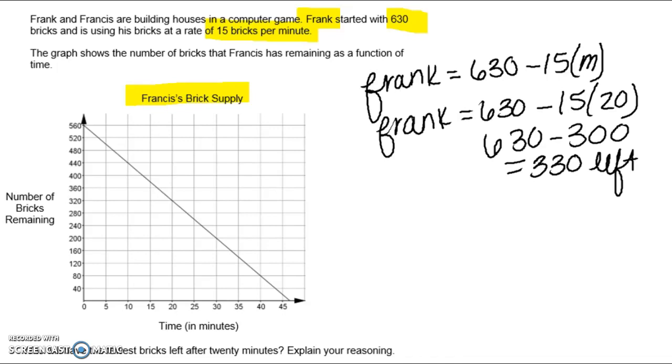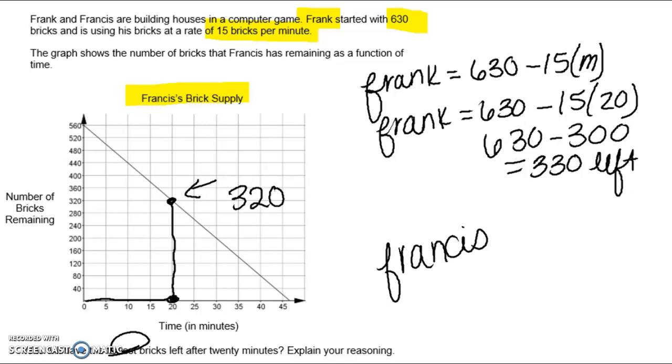To figure out how many Francis has left, I just have to look at the graph. So I'm going to go all the way over to 20 minutes. And at 20 minutes, I'm going to follow that up. Francis has 320 bricks left. So it says who has the fewest bricks left? That would be Francis at